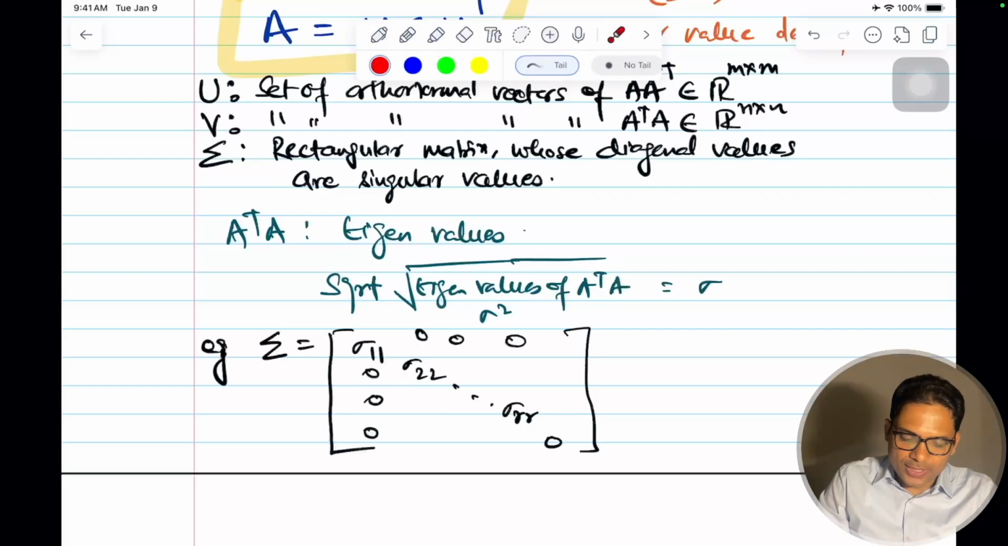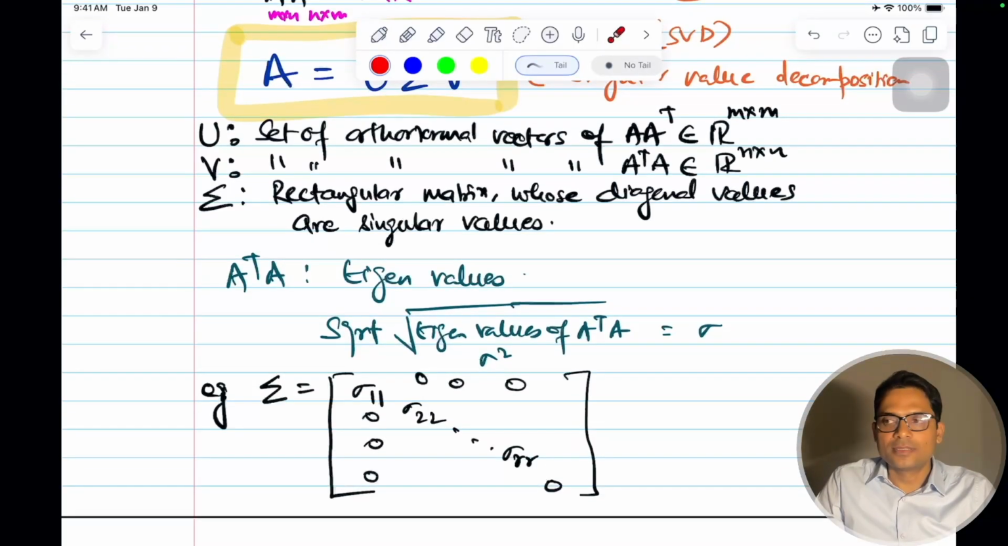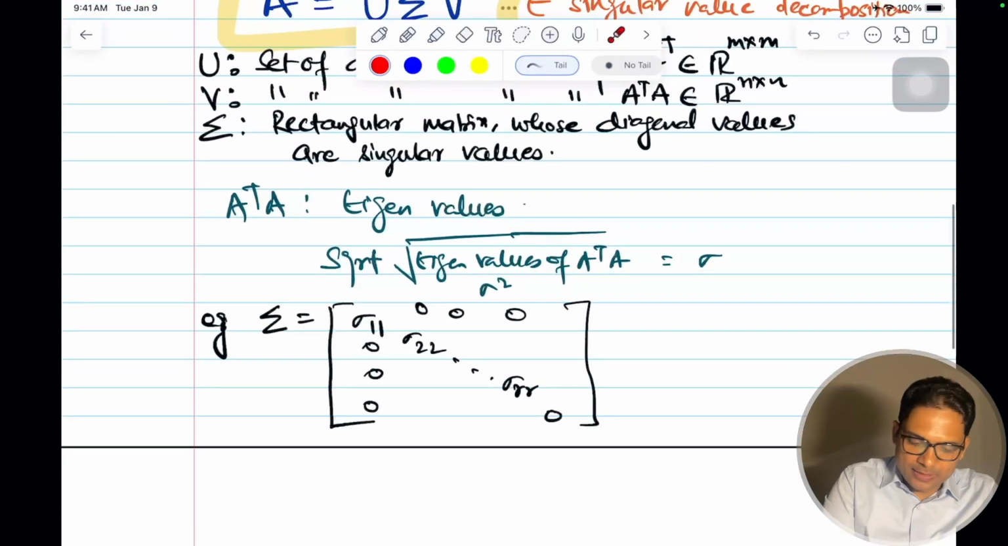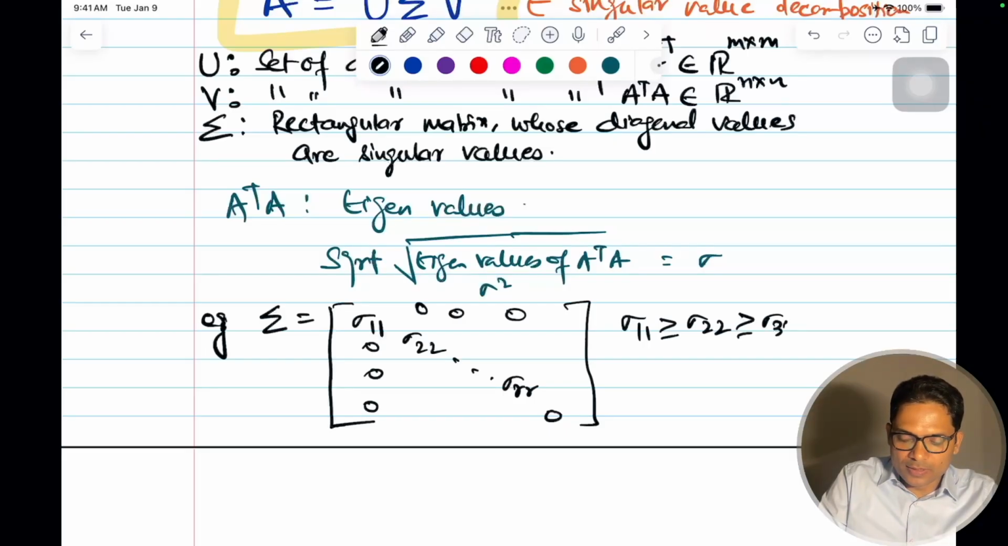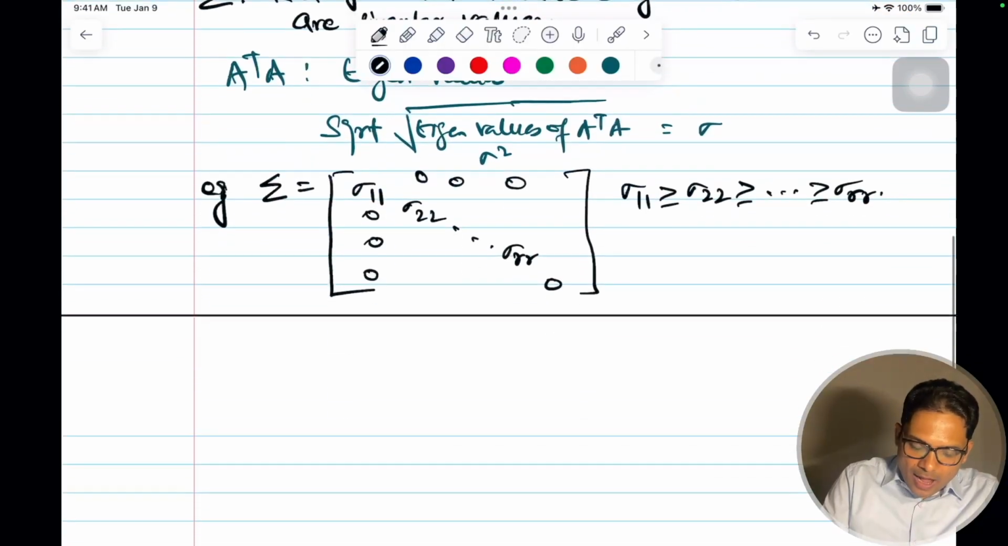Why is it so? Why is it a rectangular matrix? So let's understand that. There is a condition: we'll arrange it in such a way that they are in decreasing order. So sigma 1 1 is greater than or equal to sigma 2 2, greater than or equal to sigma 3 3, and so on until sigma r r. And what is r here? R is nothing but